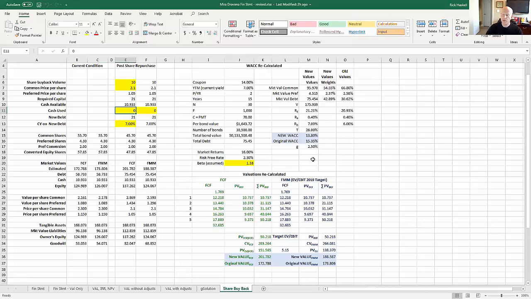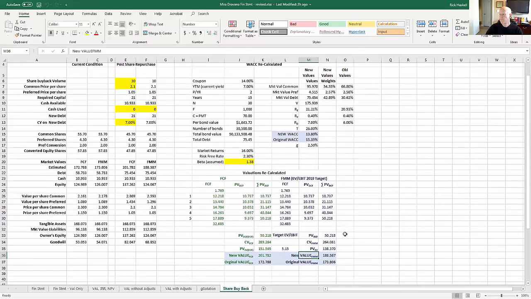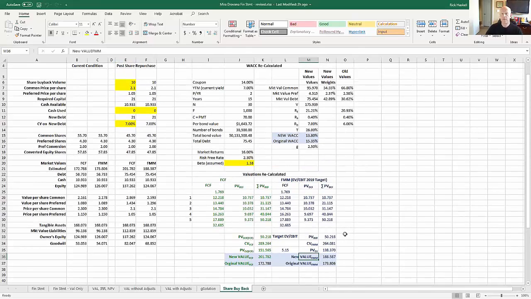Everything else came from other sheets or by calculations, including these items I have shaded in light blue or this gray blue. Those are included in the new and old WACC, and then new and old values using a free cash flow and a forward market multiple construction that I've borrowed from one of the other sheets here. The reason I have these in blue or blue-gray is they're not original input values to this sheet, but they're things I'll be pointing out.